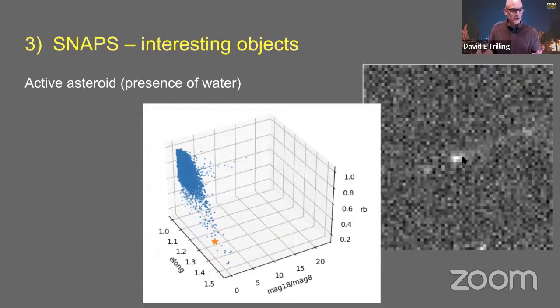And so an active asteroid is an asteroid that probably has water on or near its surface. And that water, as the asteroid gets a little bit closer to the sun during the path of its orbit, vaporizes and produces this tail. And so it looks like a comet. Okay, we call that an active asteroid. And because this tail is being produced by water, by measuring these, we're inferring the presence of water on these